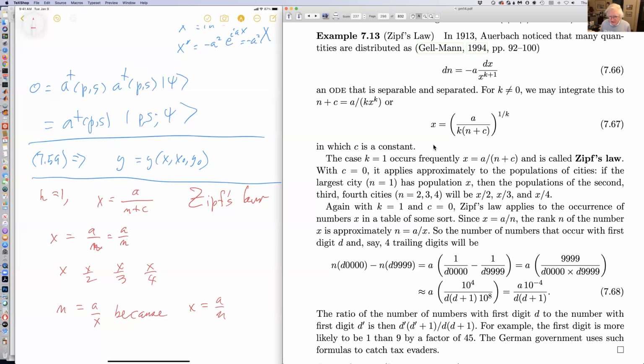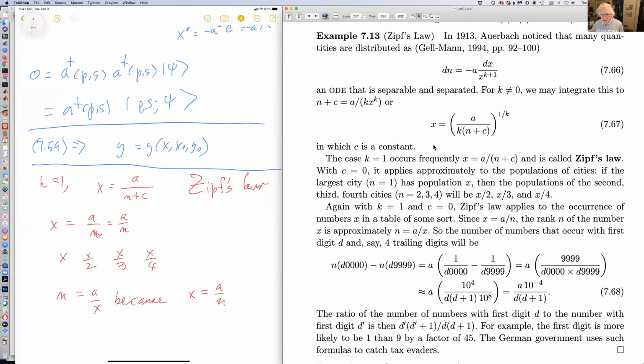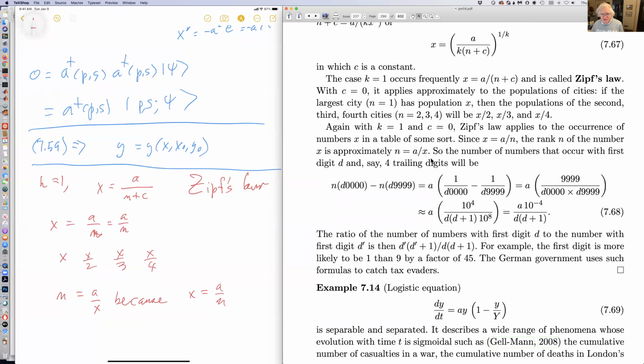So then you might say, well, suppose these are numbers. For example, they might be the deductions on Trump's tax return, which of course we're never going to see until after the election. Possibly not then. So then the rank of number x is n is a over x,